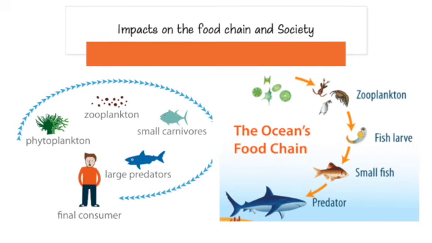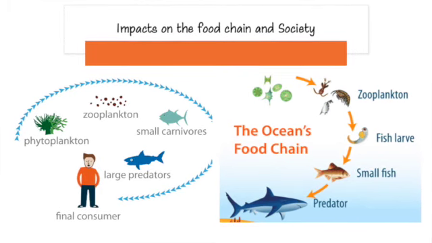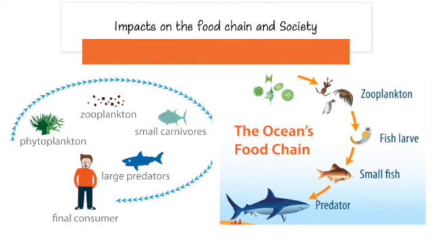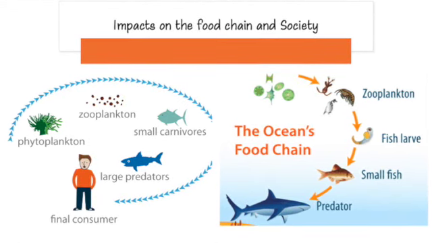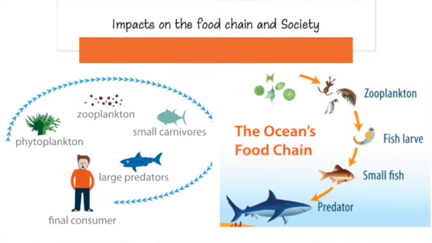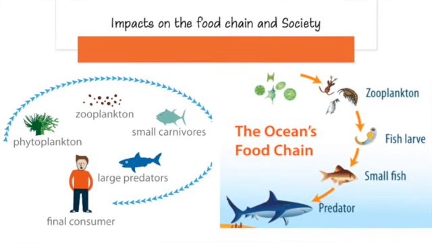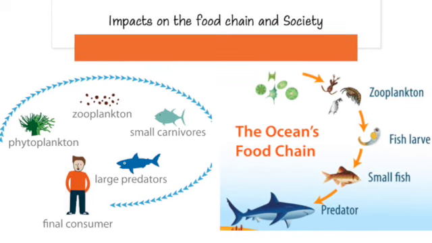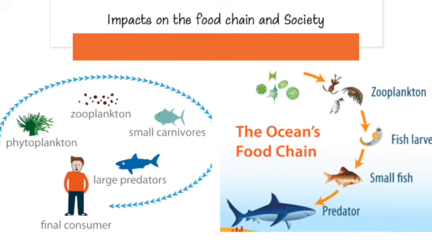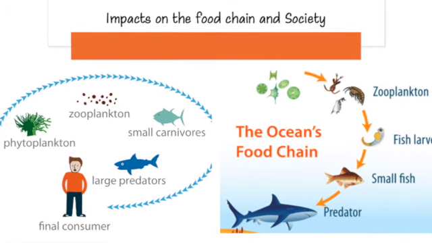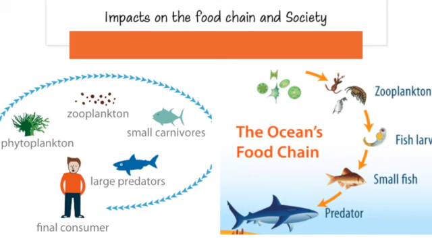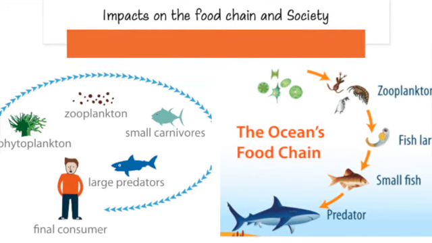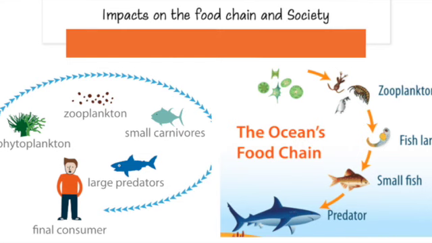Zooplankton are marine organisms that are at the bottom of the food chain after phytoplankton, and they are more vulnerable to erosion in higher acidity levels due to their exoskeleton, which is made out of calcium carbonate. And if they were to become endangered or extinct, it would cause the collapse of the food chain for marine organisms, and it would also disrupt the human food chain as well, since people rely on fish and other marine organisms for food.